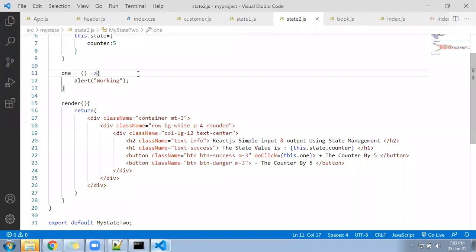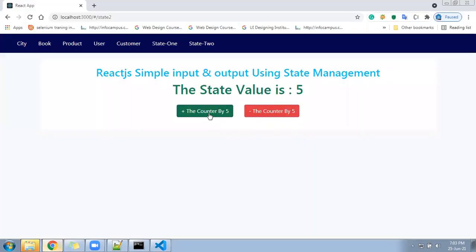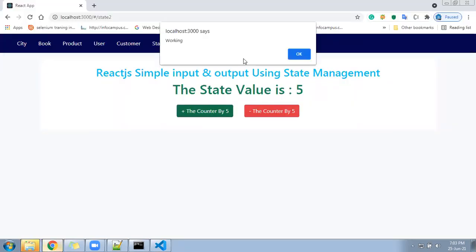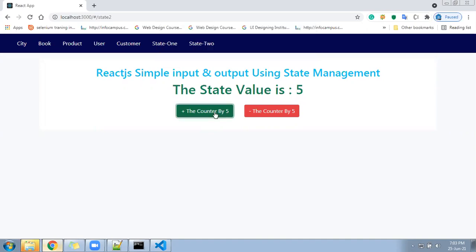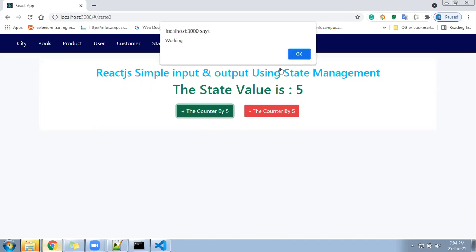Okay, fine. Now our target was what? When we click on this button, see I click here, definitely the alert is coming. That means on button click, you are calling a function from your class and the function is getting executed.